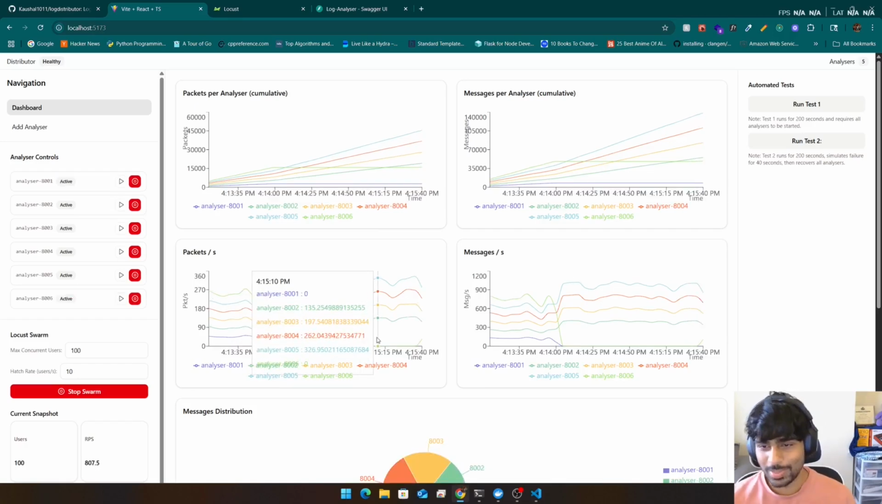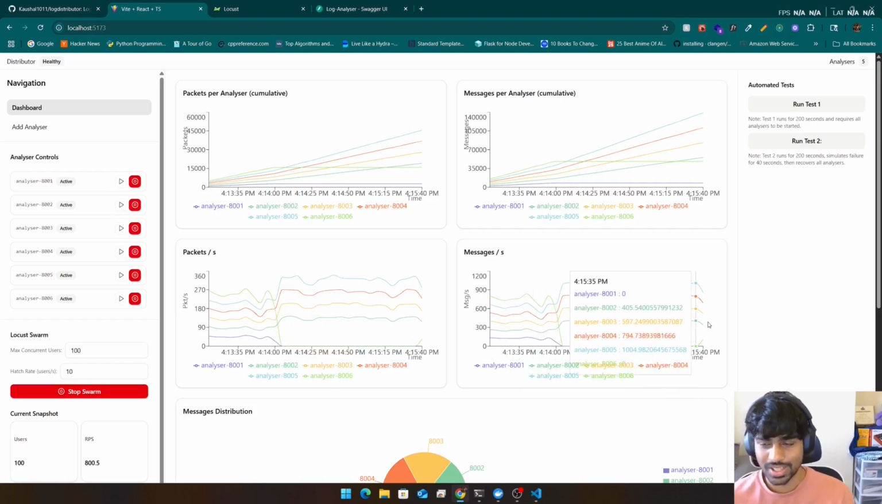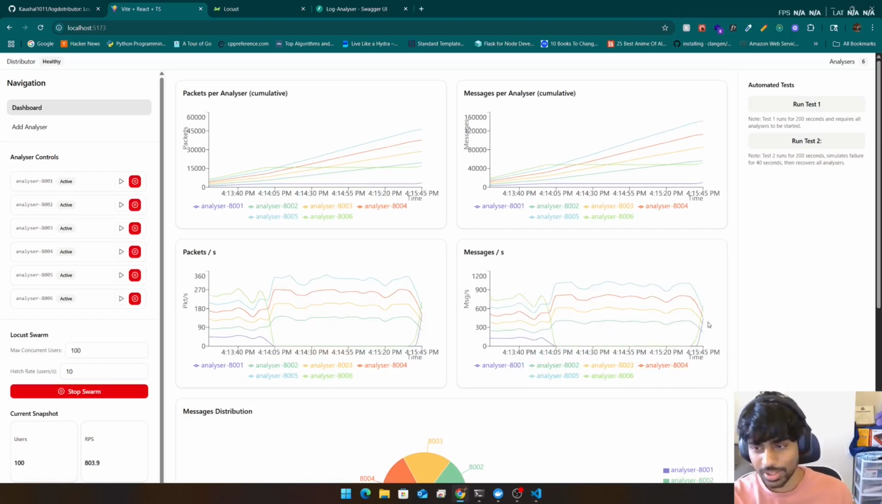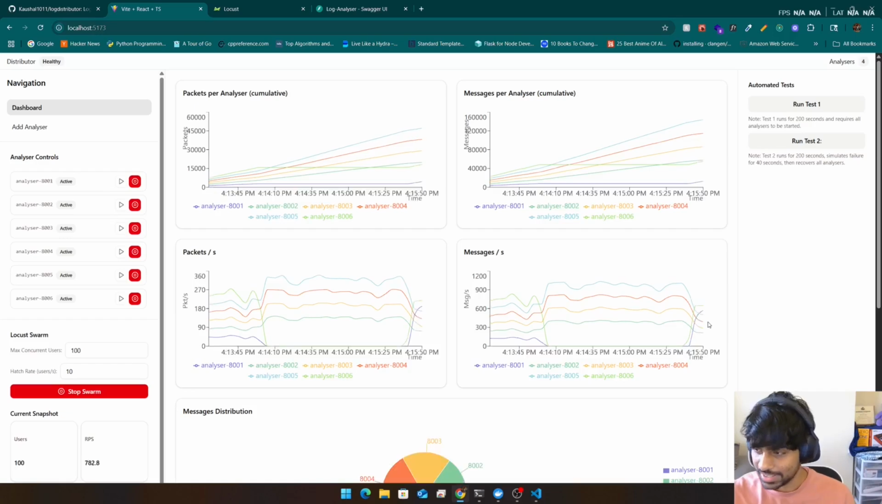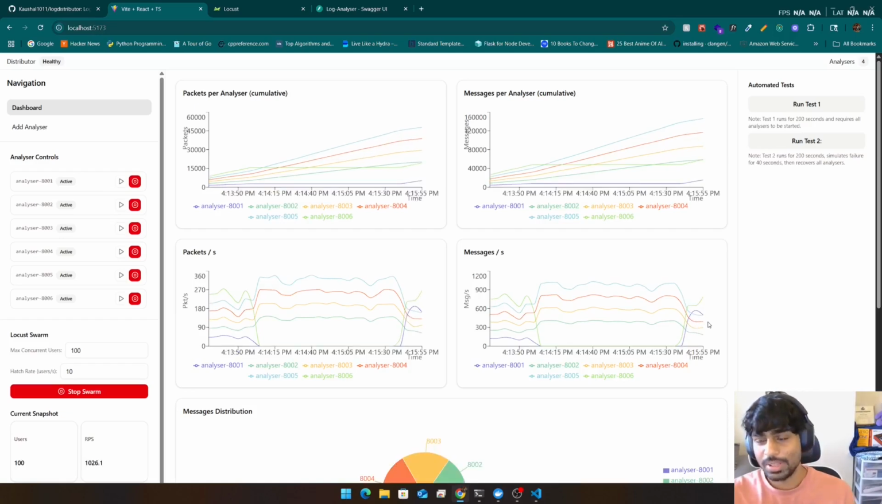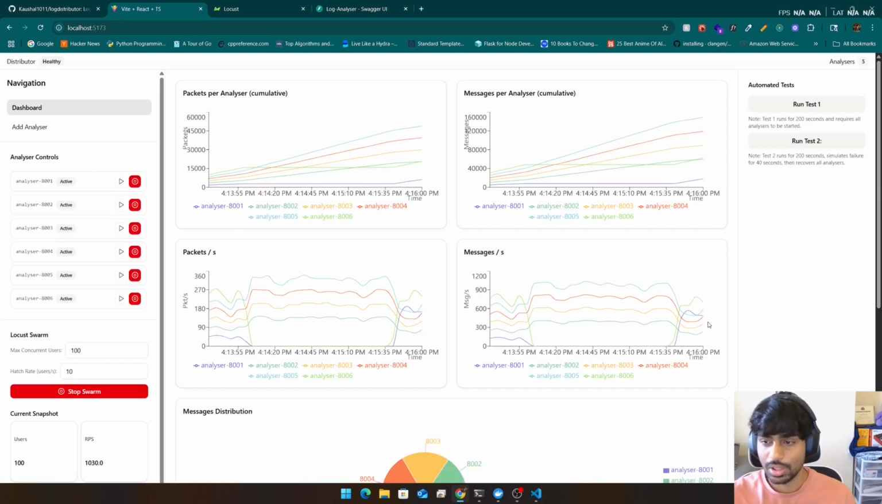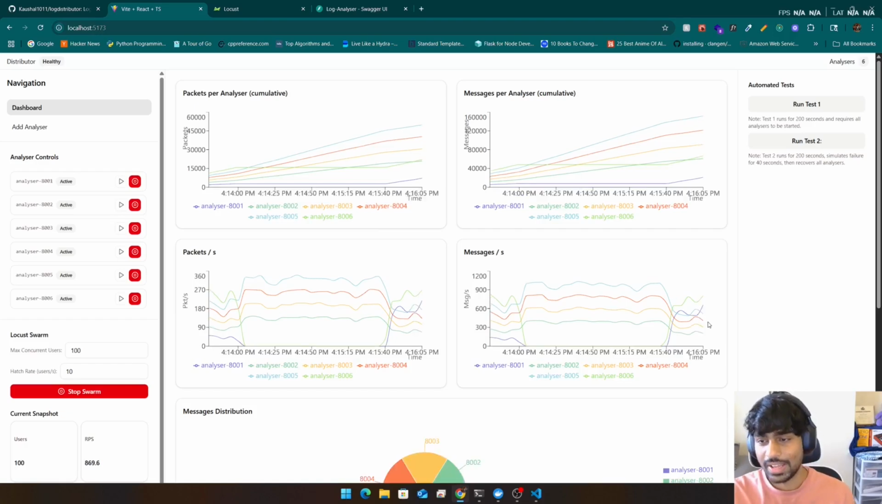So I have brought the nodes back up, and you will see that the messages per second being routed to the analyzers that were down is going to significantly increase and be more than what it is for other analyzers, because we want to bring this ratio to where it was before. So multiple messages are going to be routed to the node that was down so that we can fill up